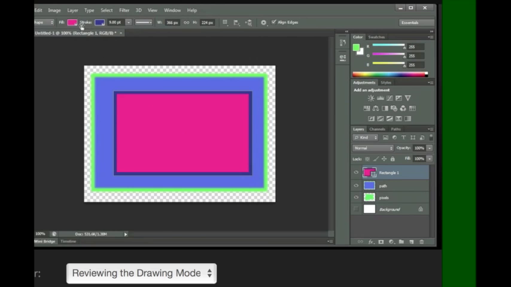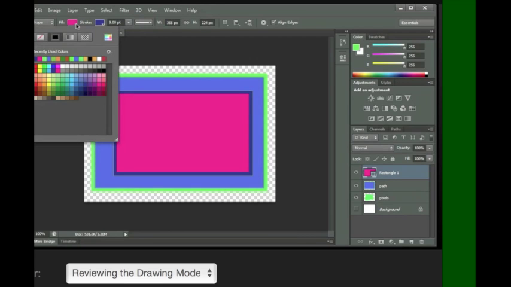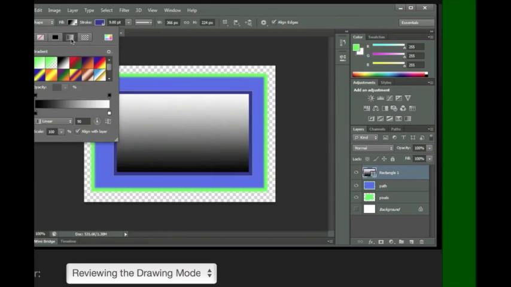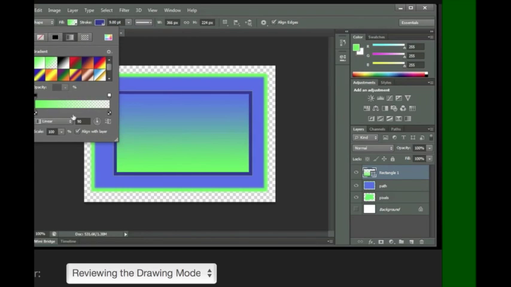So I can come back up here on my fill menu. You'll see we have some new options available. They, I believe, came out in CS5. We can change it to a transparent fill, so we have no color in the middle, but we've left a stroke. We can obviously fill with a solid color that's selected in our swatches panel here. We can fill with a gradient, and of course we can come in and customize our gradient just like we do